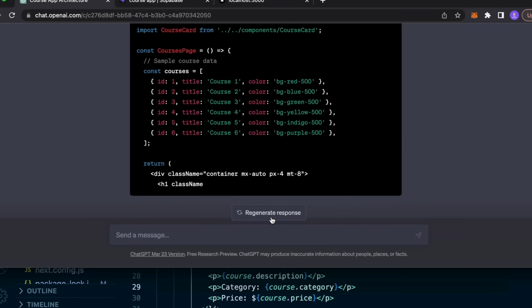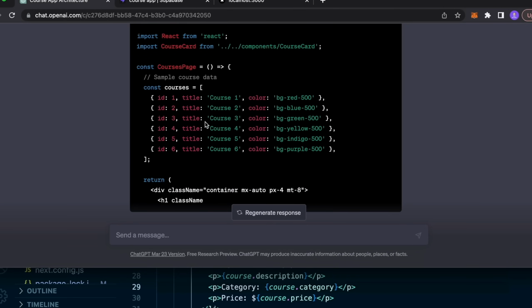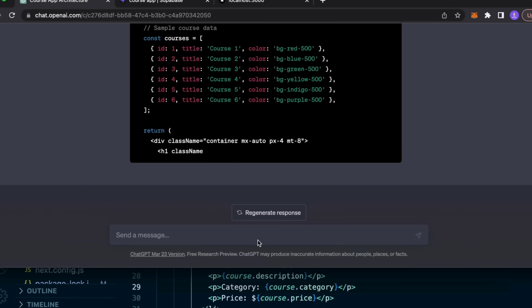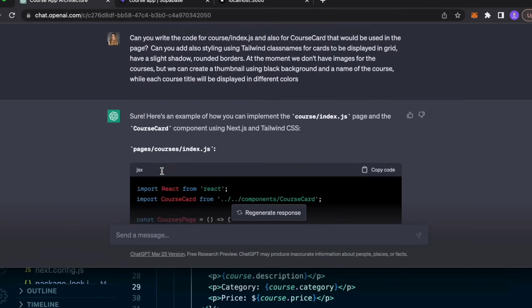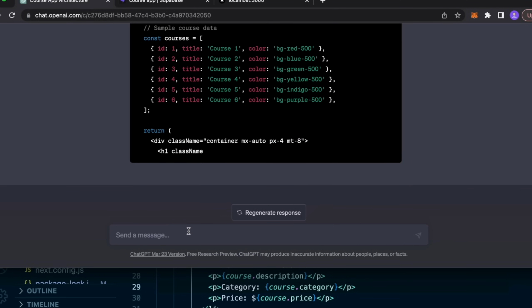All right, so I'm gonna stop generating because it gave us sample course data when it should take the course data from the Supabase, but maybe because we asked it to do the colors. Okay, can you use get course function from Supabase? That is why it's good to be as detailed as possible. Let's see if it's